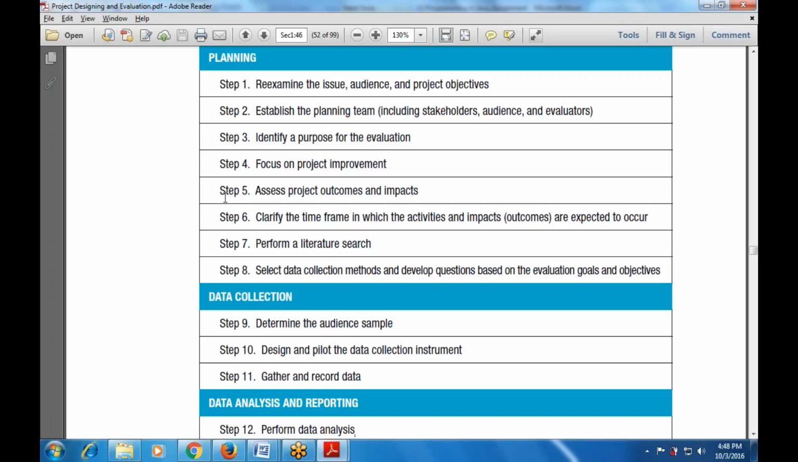And out of these 8 steps, when we talk about step number 5, that is assess the project outcomes and the impact, that is more relevant for step number 6, assess project outcomes and the impact, how it is developed, why it is developed, and how we can assess the project outcomes and the impacts. And the last step, that is step number 8, is